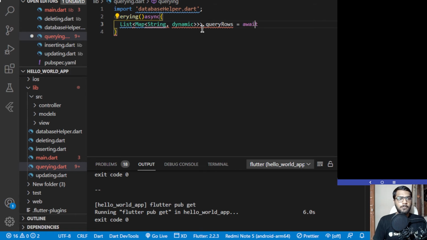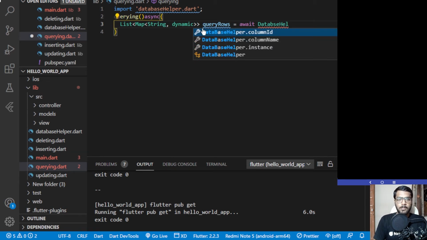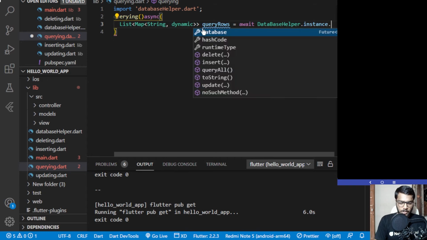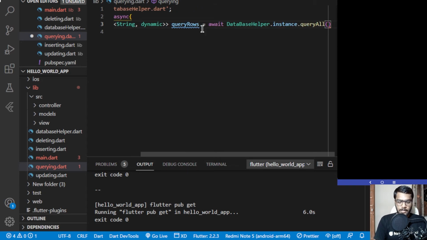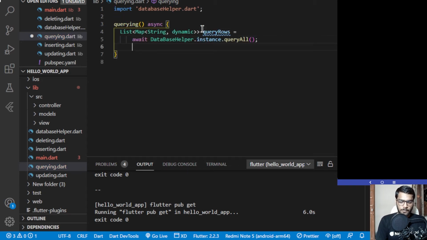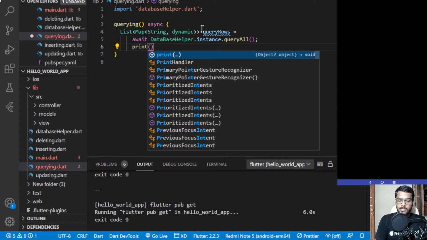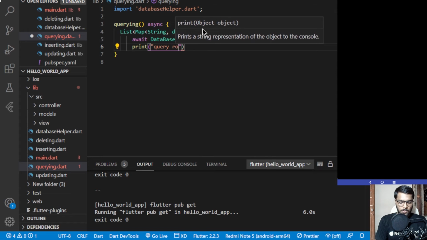It is providing me with an error, I guess this needs to be deleted, and it will be having an await, so database helper dot instance dot query all, and it does not take anything. Next, adding a print statement, so queried rows will be displayed here, so query rows are, and dollar, the query row variable.